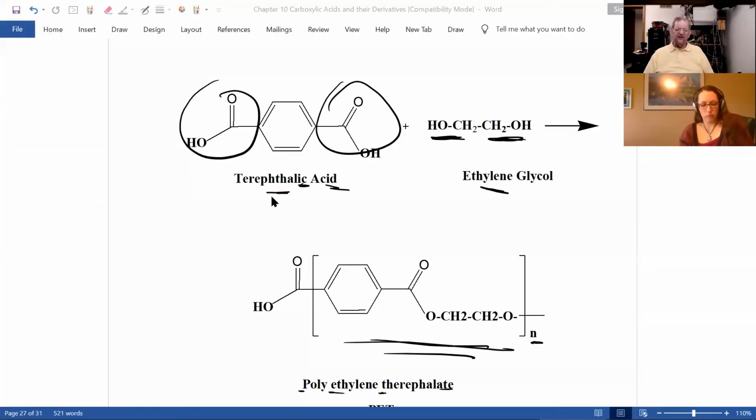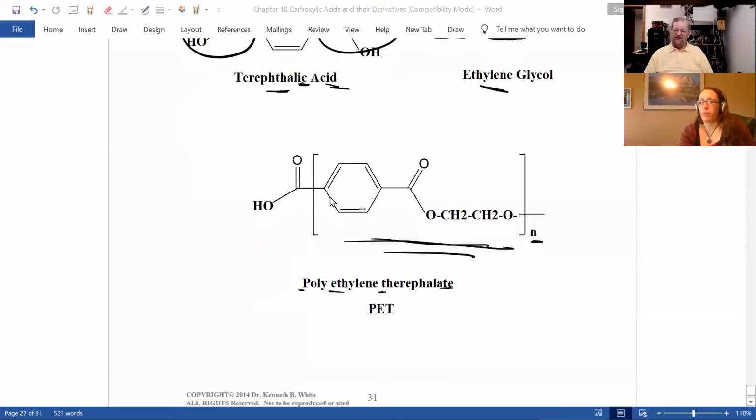Boy, that's thirsty work saying that long name. Polyethylene terephthalate. Oh, thirsty work. Nice water bottle. And if we go back and look at the screen, polyethylene terephthalate. Now I'm an organic chemist, I'm lazy. Let's call it PET. And that's the ester that my water bottle is made out of.